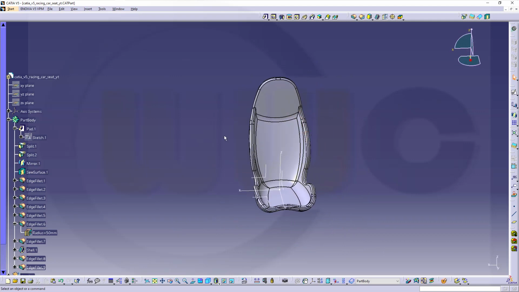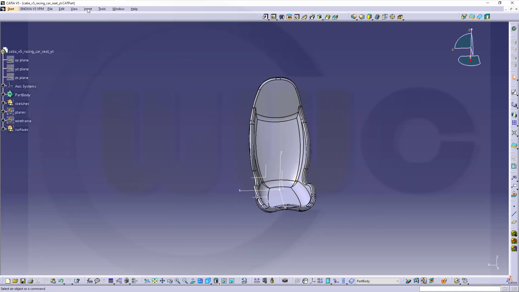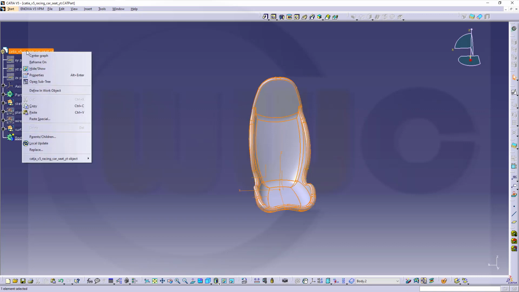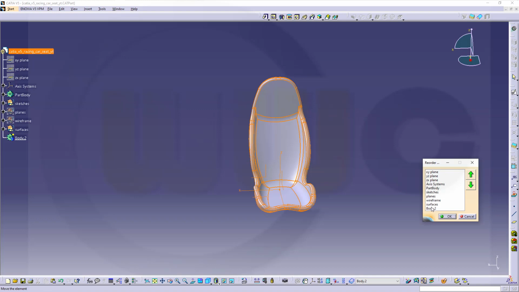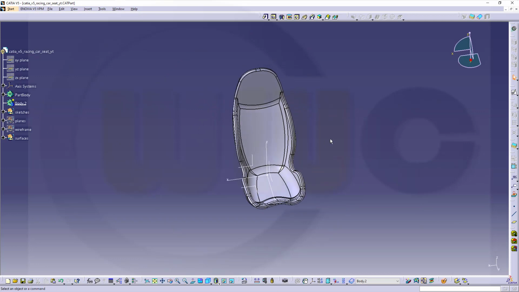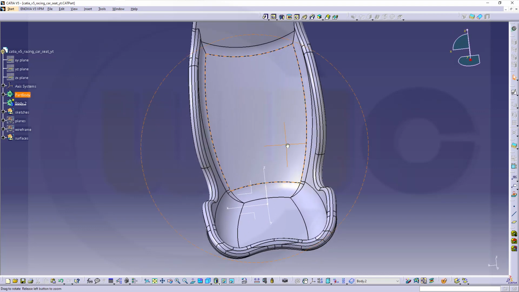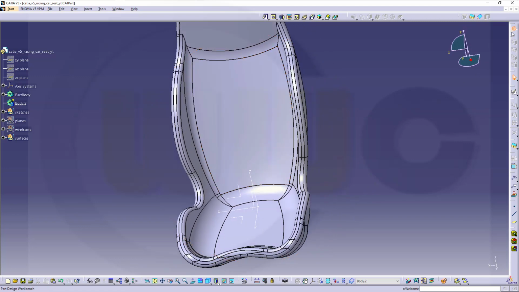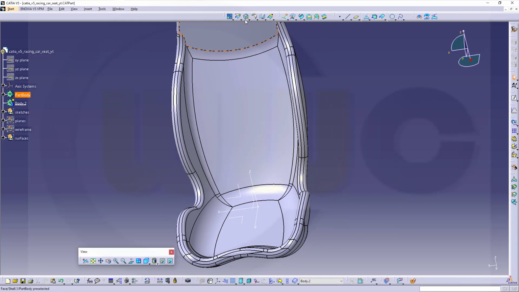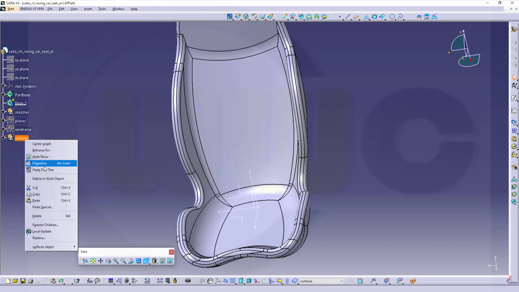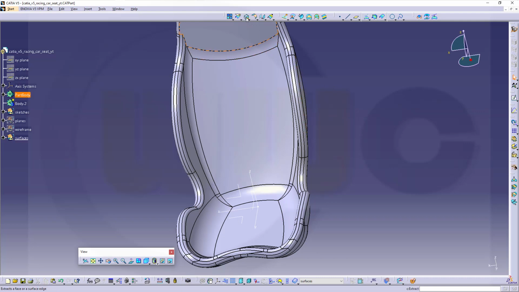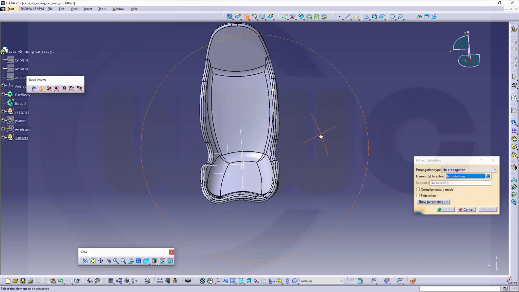For those cushions I need a new body. So go for insert body. Yes, I know. And of course you could change the order here by reordering it and move that body behind the part body like this. So to do those cushions I want to use extracted faces. So switch to generative shape design and I want to extract some faces. So for those faces I need to go to my surfaces, define a work object and extract those. Let's activate it by double clicking, and